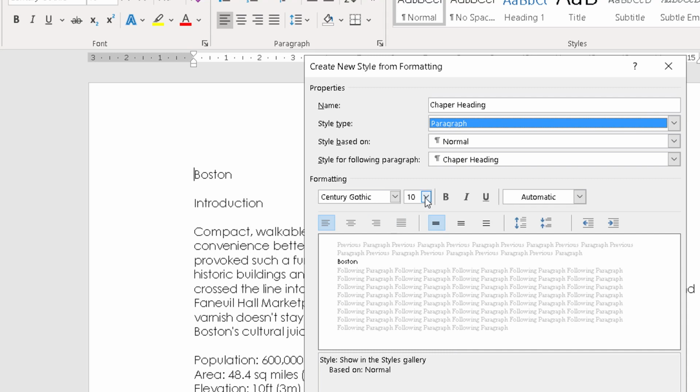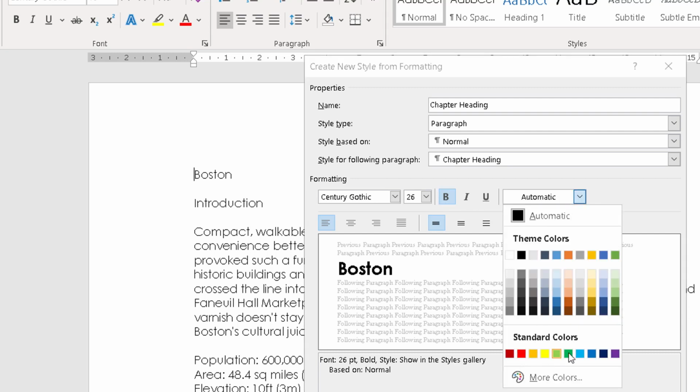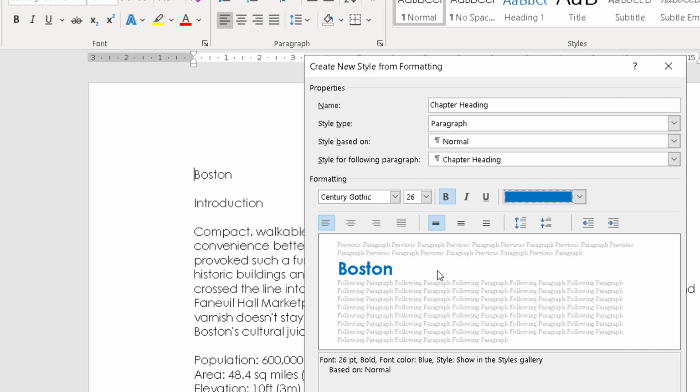So for example, because this is a chapter heading, we'll make it fairly large, as you can see here. We can also turn on bold and maybe even change the colour of our main chapter heading. Now, as well as doing the alignments, left, centre and right align, we can also do some other things in here. For example, we can add